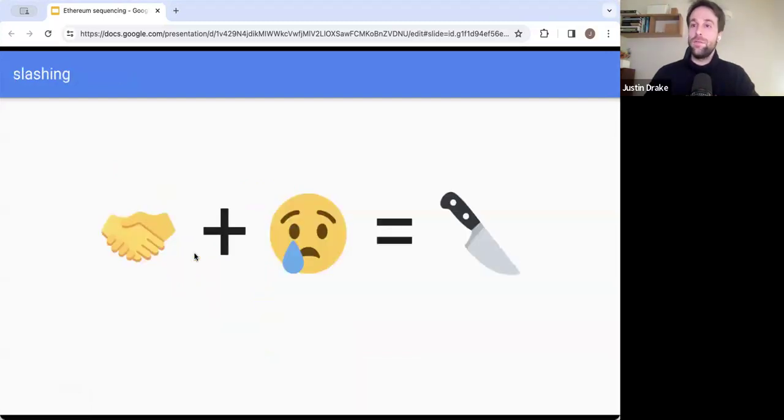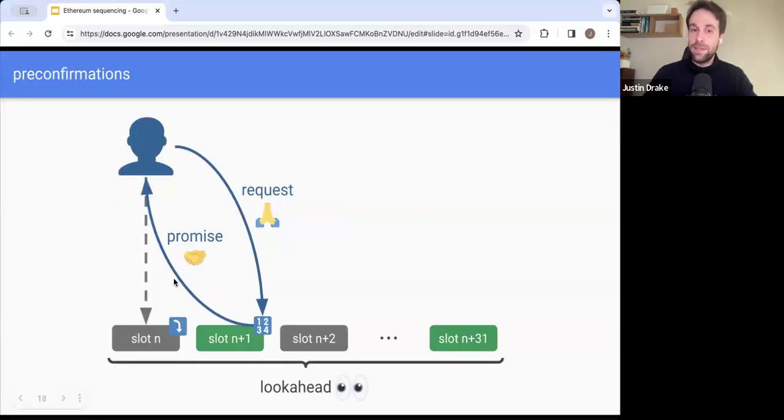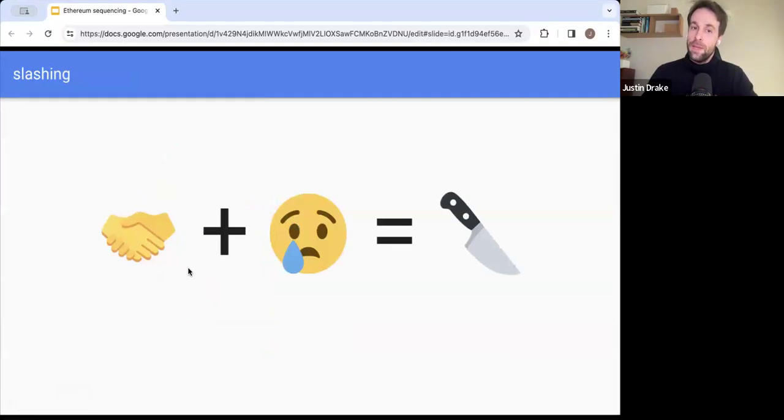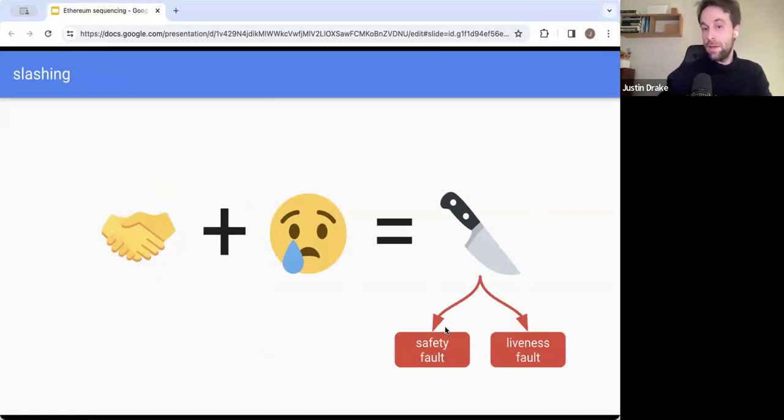Now, the reason why we had collateral is because these promises can be violated, and so if there was a promise and the user was violated, then we have slashing. And there's two types of slashing: slashing for safety faults and slashing for liveness faults.